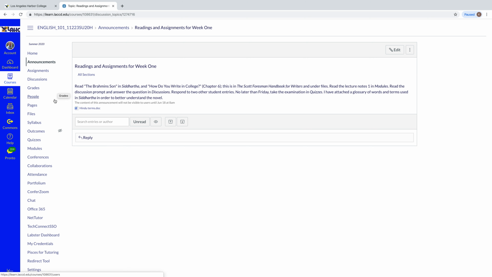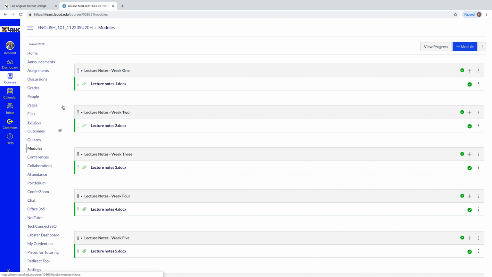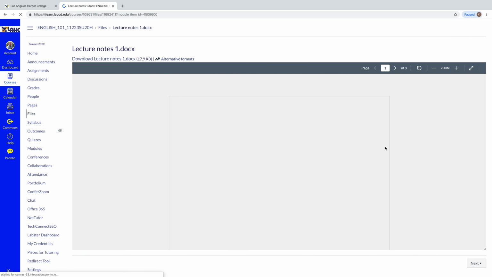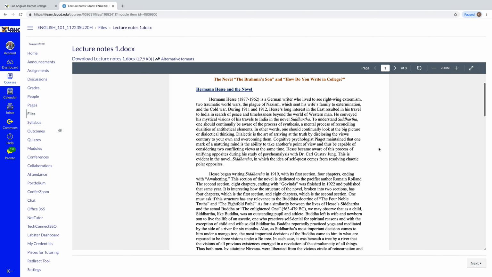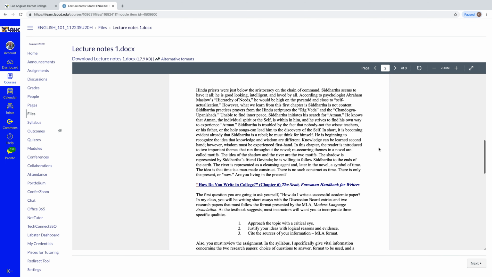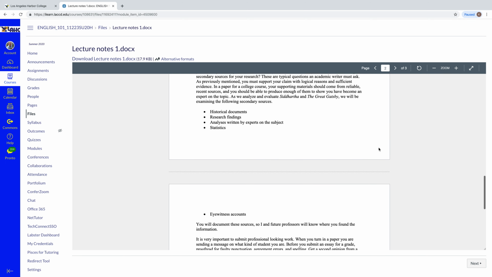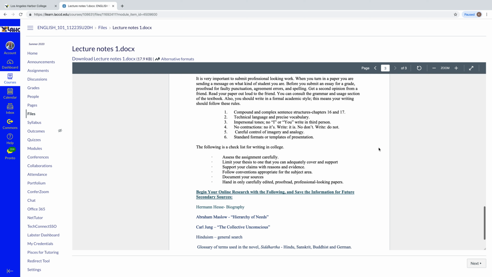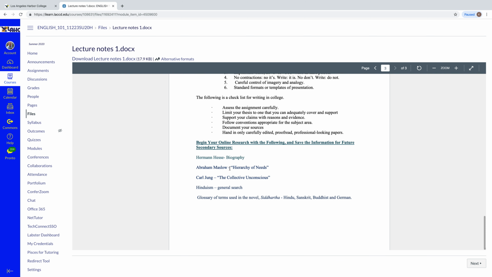So you'll read the chapters, and then you'll go to modules, and once you've read the chapters, you'll look at my lecture notes. You'll read the lecture notes that I have for week 1 in the modules. And I cover the chapters that you've read in Siddhartha and the Scott Foresman Handbook for Writers. And then here is